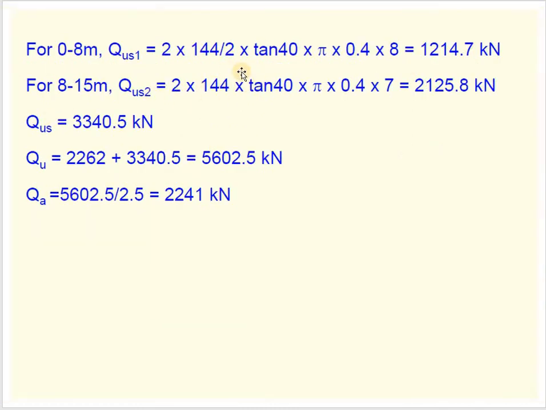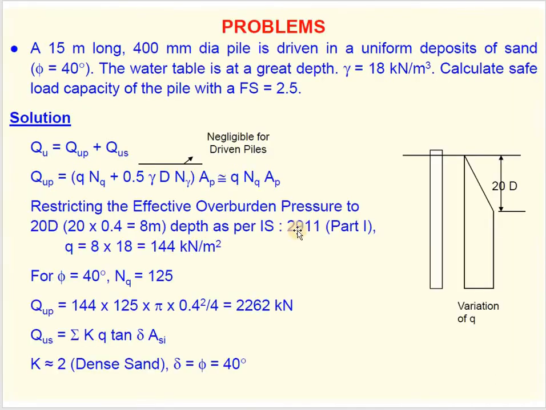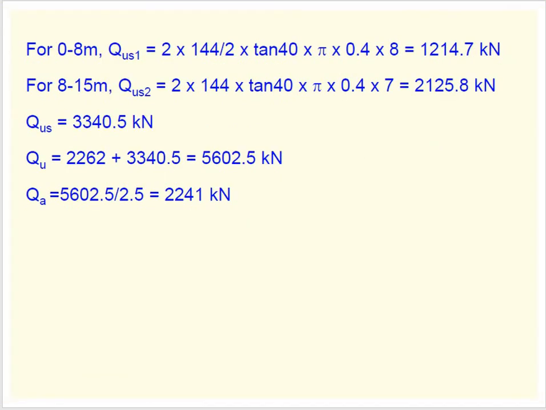So you must be very careful, because here the overburden is at an increasing stage, slowly increasing, and this effect is up to this value. Again, you can't go with the increasing trend, because that is how it is designed. For the safer side we are taking the variation of Q like this, because as you go for a large depth you will have a very high effective overburden, and you cannot overestimate the design. So hope you got that point. If you have any doubt you can ask me. So that is how you find the friction resistance.